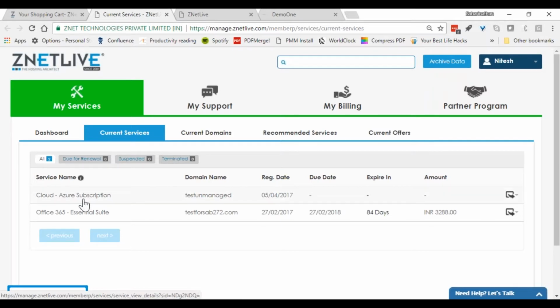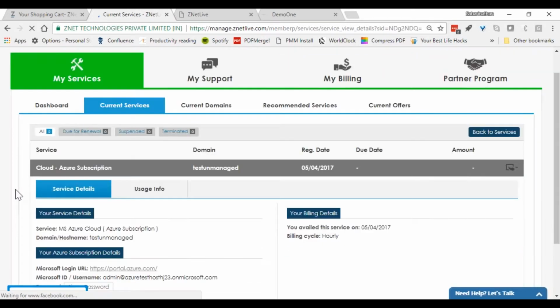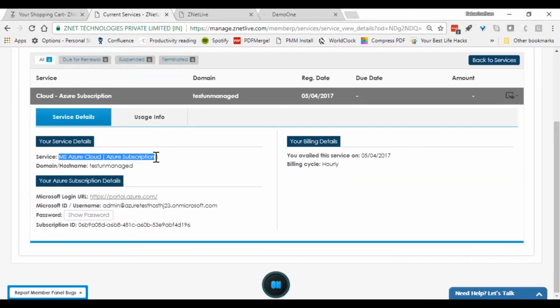So these are current services. These are basically the services he made a purchase with. So this is the name of the plan. This is, for example, the test domain which I used. And these are the subscription details. So the Microsoft Portal integration with RackNap enables us to retrieve this information dynamically from Microsoft to be able to handle this effectively, right? So now, with the customer having received all these details, he is at liberty to go and